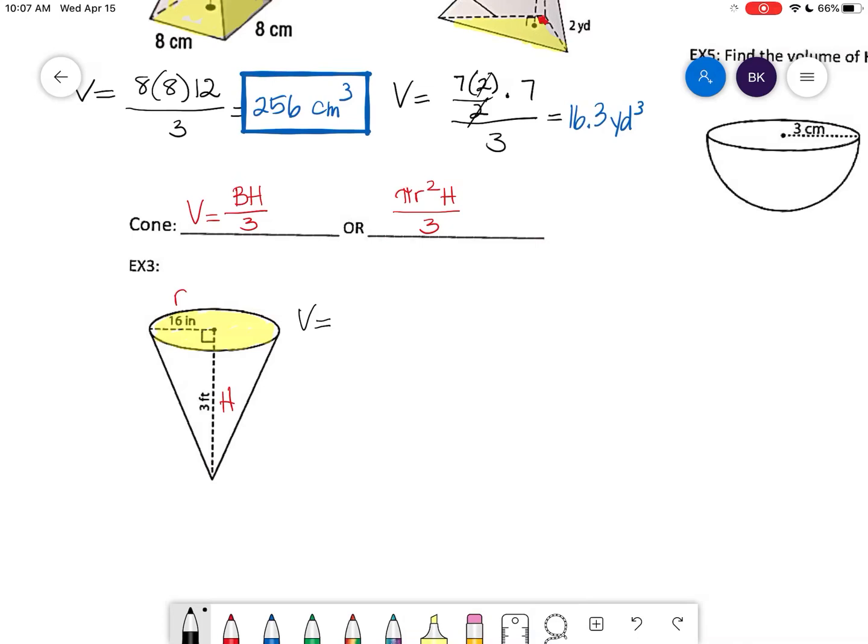Volume equals the area of the base, which is 3.14, times the radius, which is 16 squared, times the height, which is 3, and everything is divided by 3. So we can cross cancel 3 and 3, and then just simply square 16 and multiply it by 3.14, and your final answer is